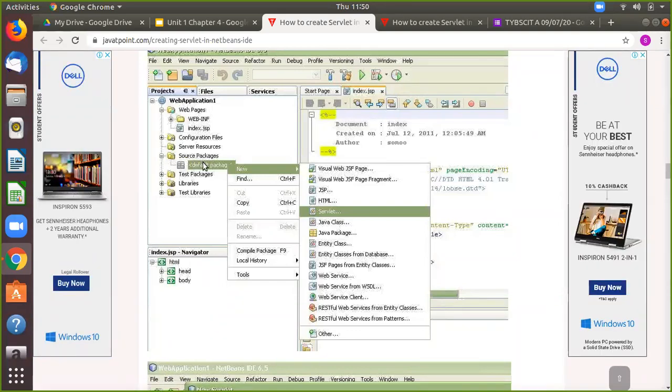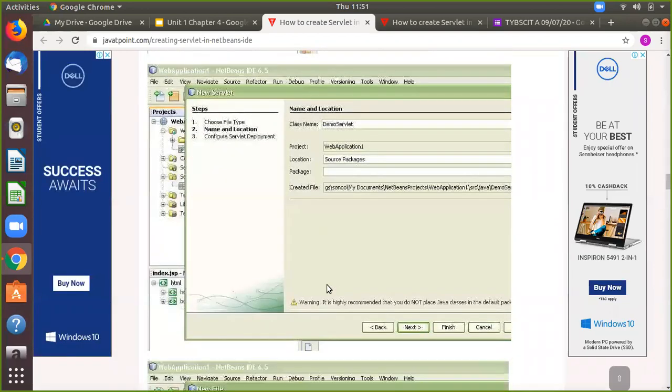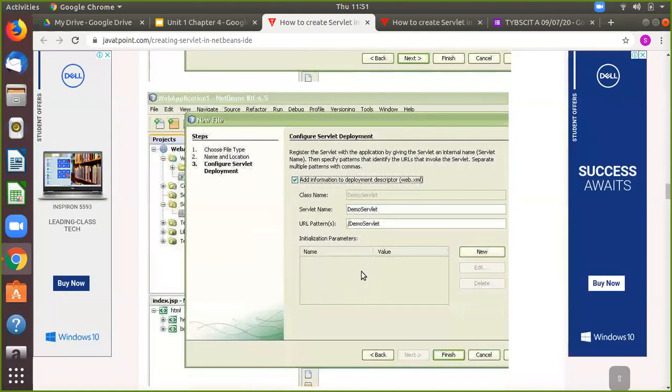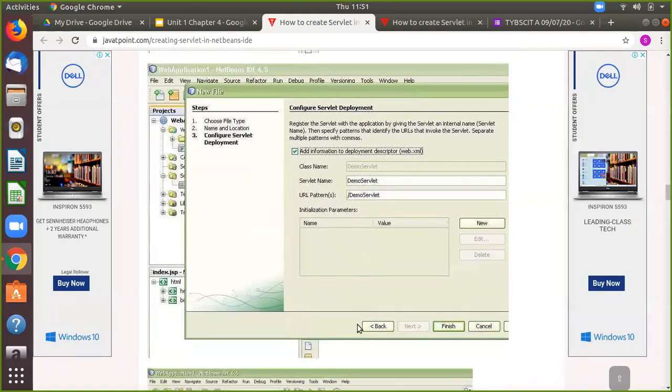I told you that whenever we write a Java program, I have to hint to my platform that I am going to create something called a servlet. Our server should understand what we are doing, how we are going to use the server, and for what purpose. So I have to add the servlet file separately. As you can see here, I have added a servlet file. When we add the servlet file, it asks you for the name of your servlet file. And the actual thing I wanted to show you is your web.xml file.